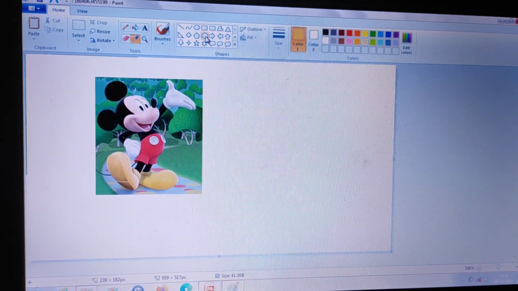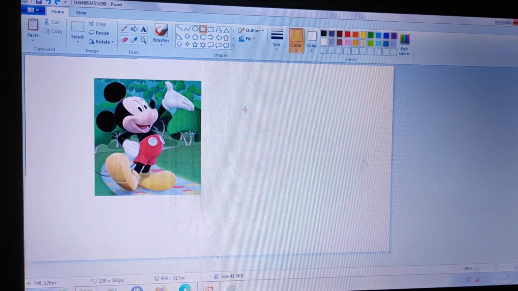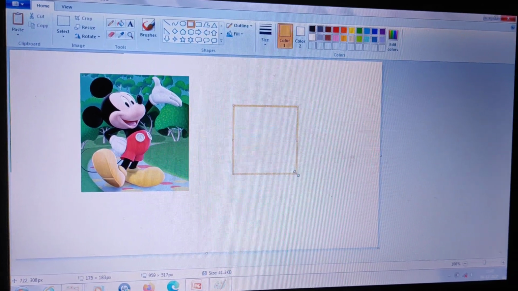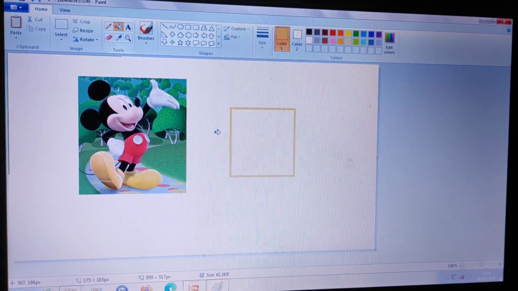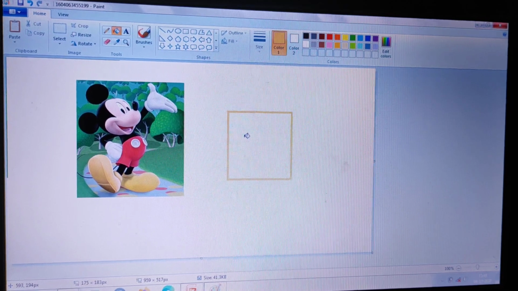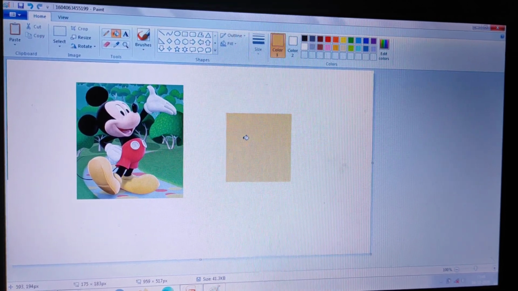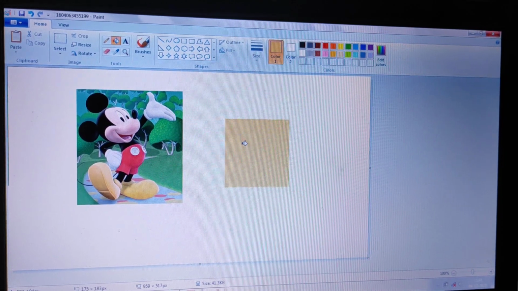After that you have to select a tool. I just select the rectangle here and you can press the left button of your mouse and draw a rectangle. After that click on the fill with color tool, this one, and click inside the object where you want to color. Now I press this. Now the object is filled with the color you have selected with the color picker tool.